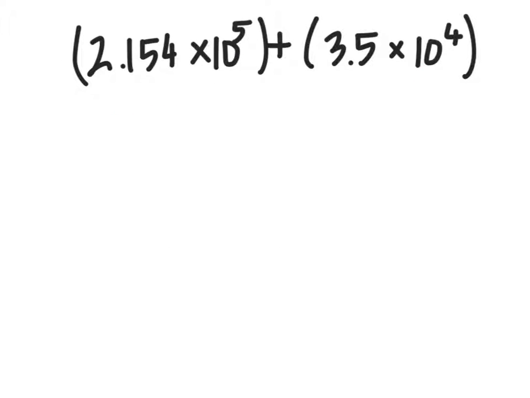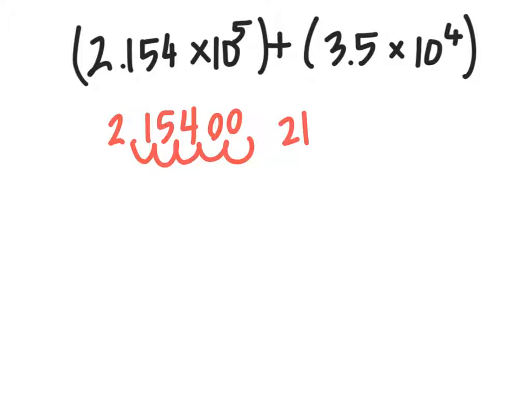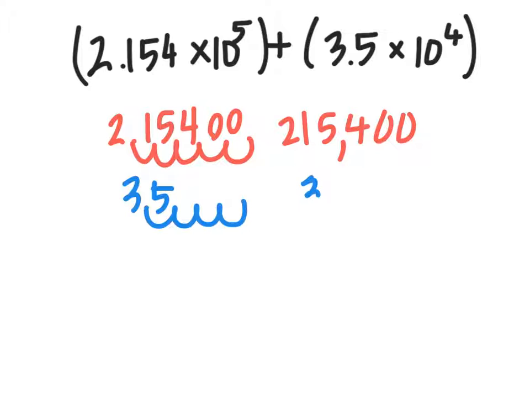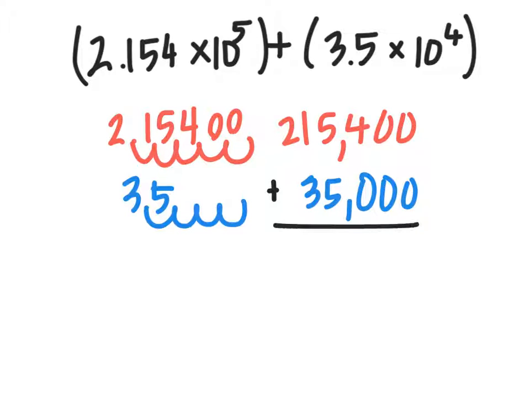Our last two examples: one more addition, one more subtraction. Looking at 2.154 times 10 to the fifth power, we will move the decimal to the right 5 times to represent multiplying by 100,000 and get 215,400. Looking at that similarly for 3.5 times 10 to the fourth, we get 35,000. And if we go ahead and do the listed operation,